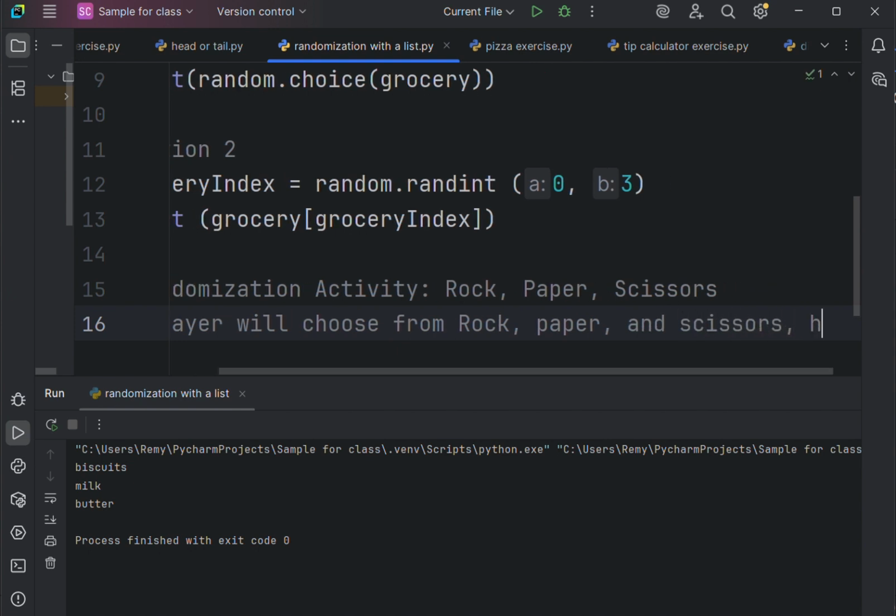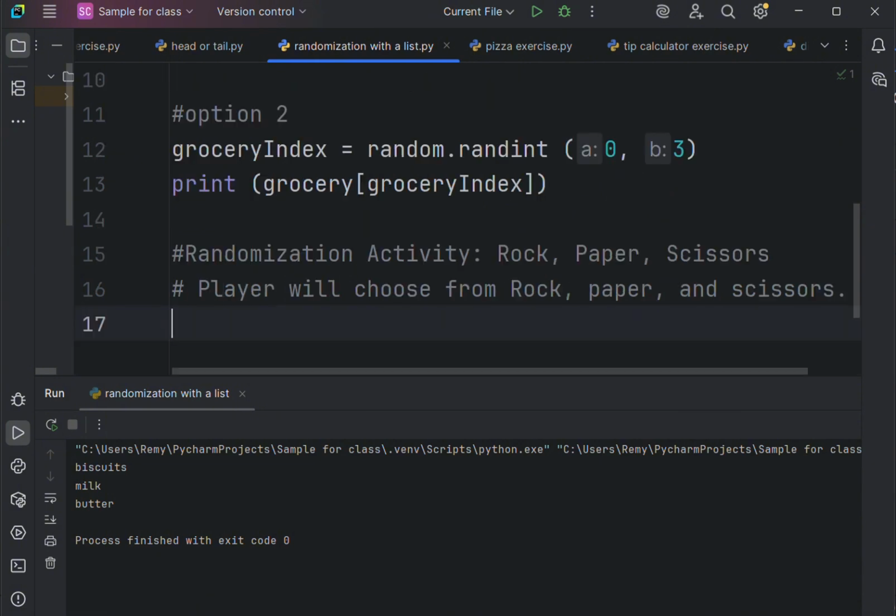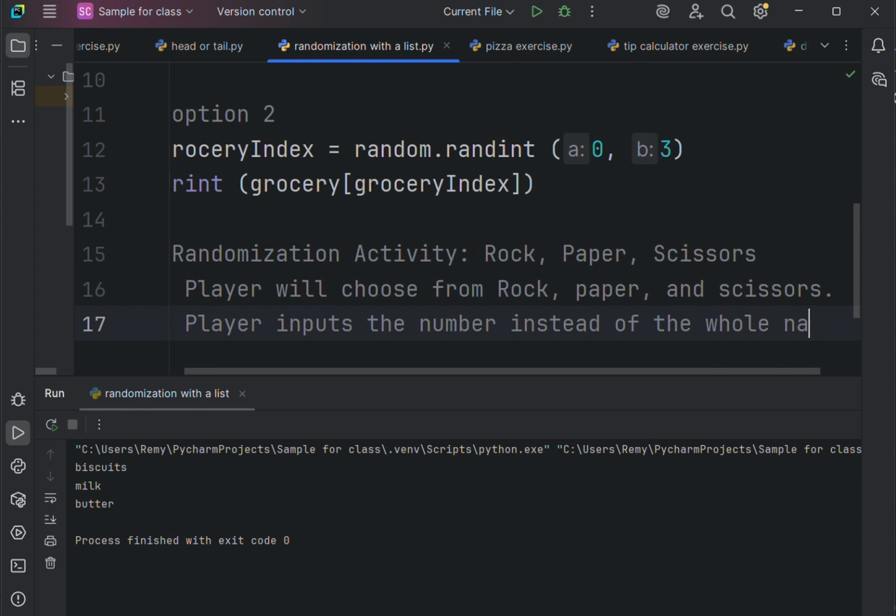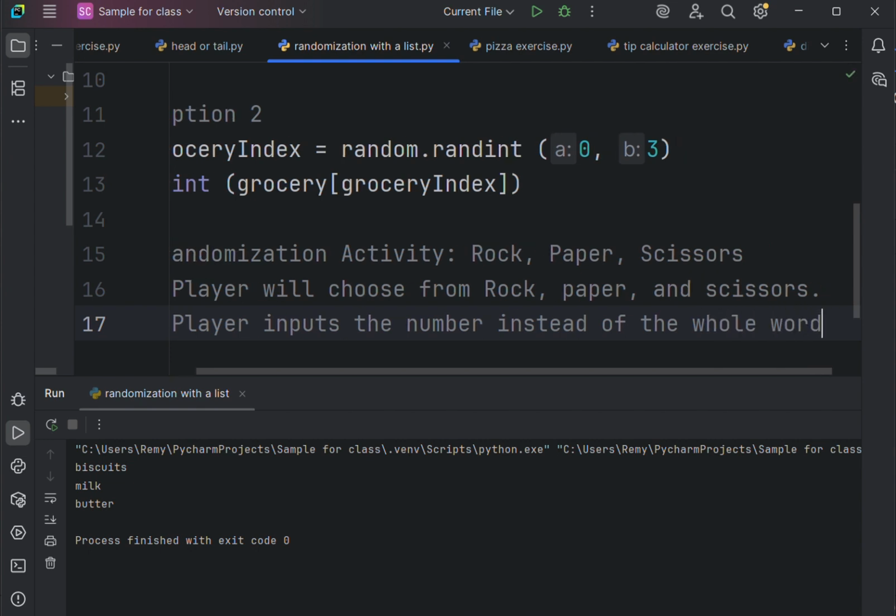But the player will enter a number instead of the word. Player inputs the index number, instead of the whole word.